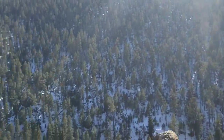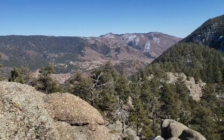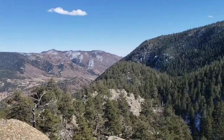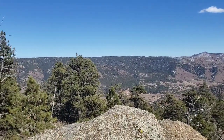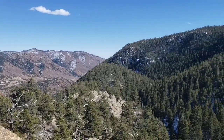But if you do just want to come up here without risking your life, the way I came up from down there was pretty easy. But I think it's about snack time before I head back down to the trailhead. But yeah, you definitely get good views here too,